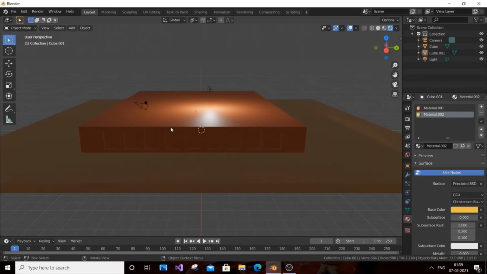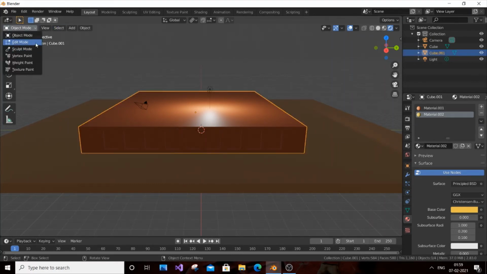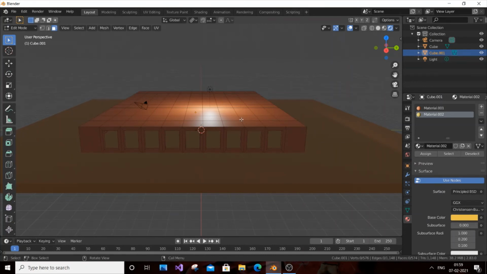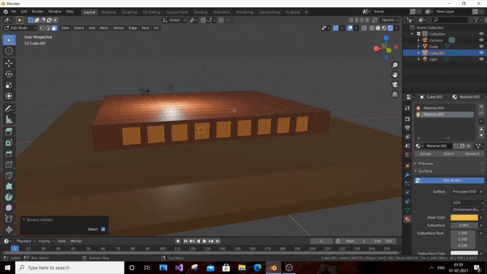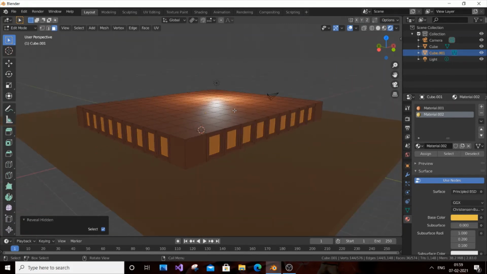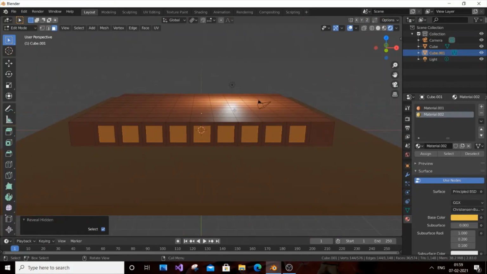So now just select our building. Again, I'm saying select the building, and go to edit mode with Tab. Now what we'll do is unhide our windows by pressing Alt and H. That's the shortcut to unhide: H for hide, Alt and H for unhide. We're now going to assign colors to our windows. So Alt and H, and boom, our windows are appearing over here. As you can see, this is that selected representation, that pale orange color in Blender.